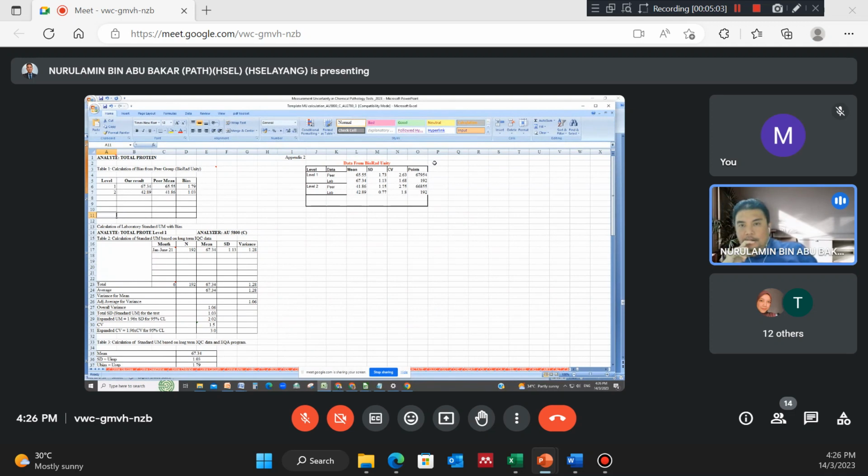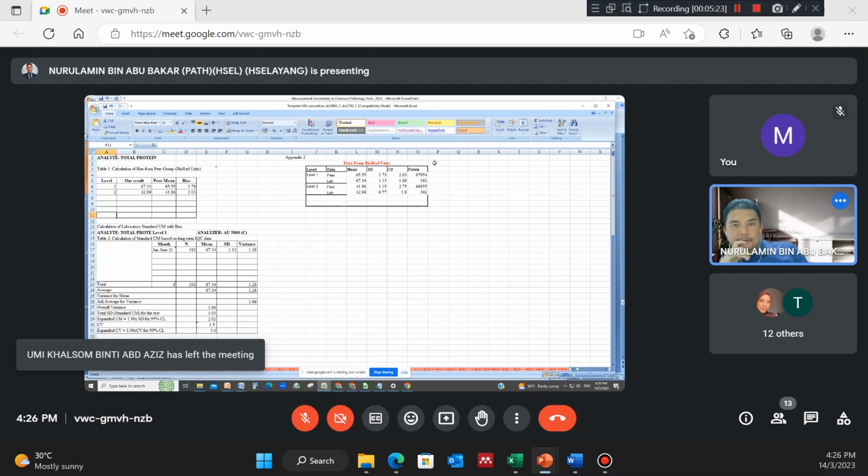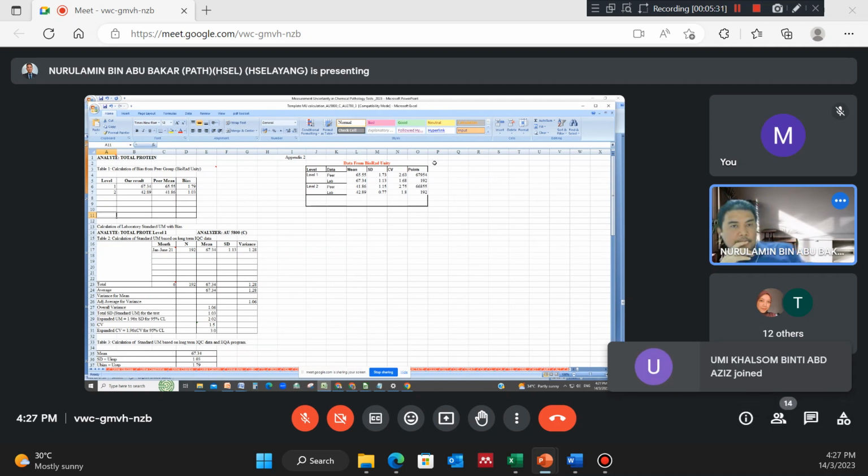we have enough peer numbers to represent the peer number in our comparison of data. So it can be from EQA, tak ada masalah kalau you ambil daripada EQA, but since we really have a reliable QC software in our Makmal, and then if we look, for example, here, the points from the peer is 67,000, but for some reason the n is not here. I think the n number should be more than 20 to have this number 67. Maknanya ada more than 20 lab